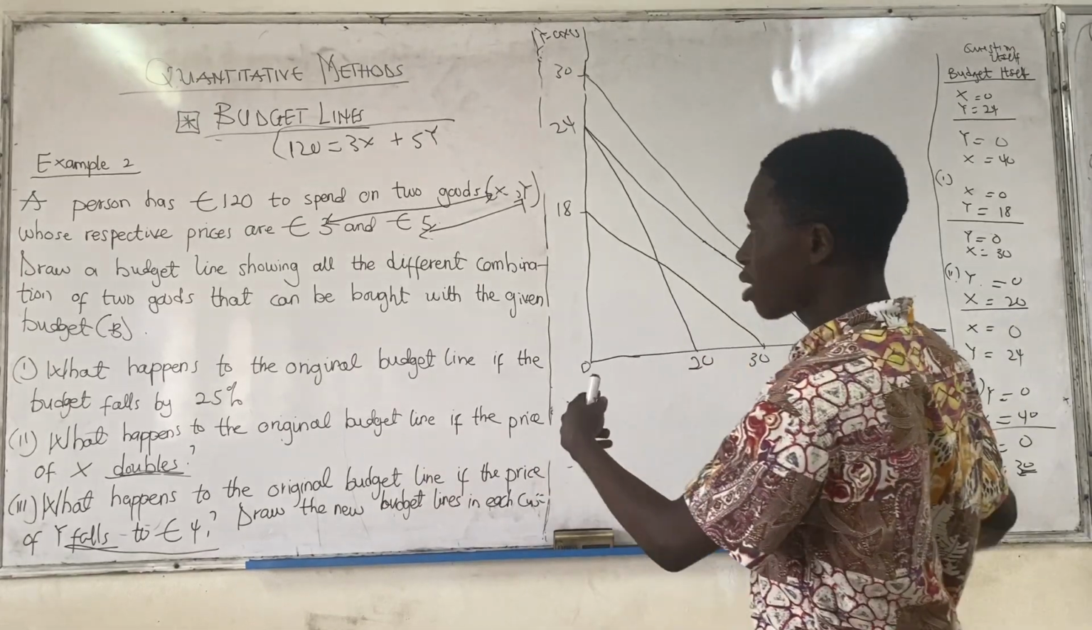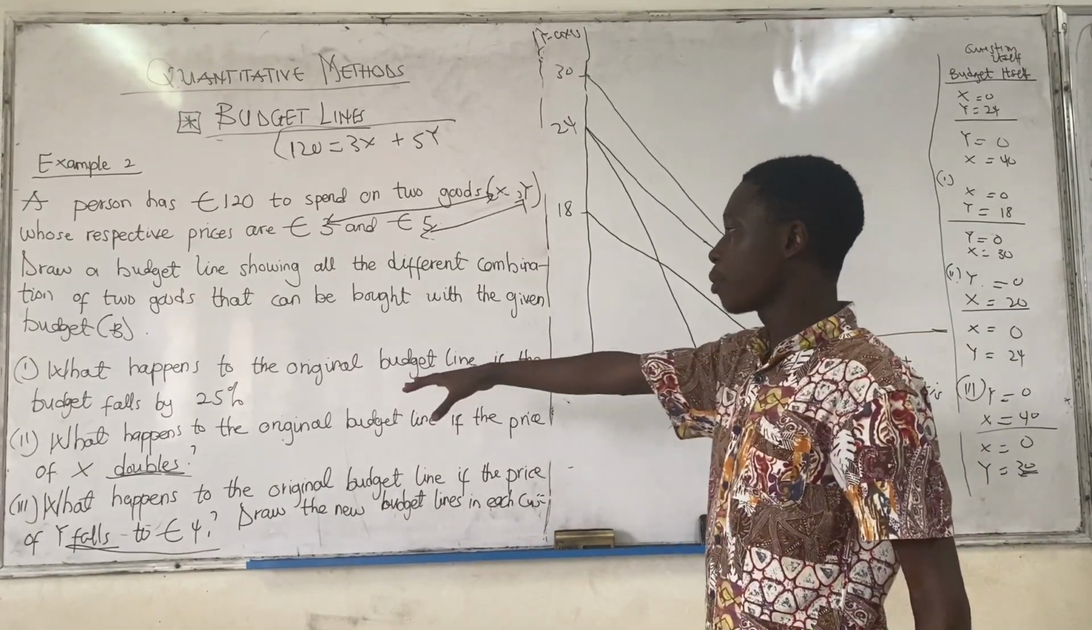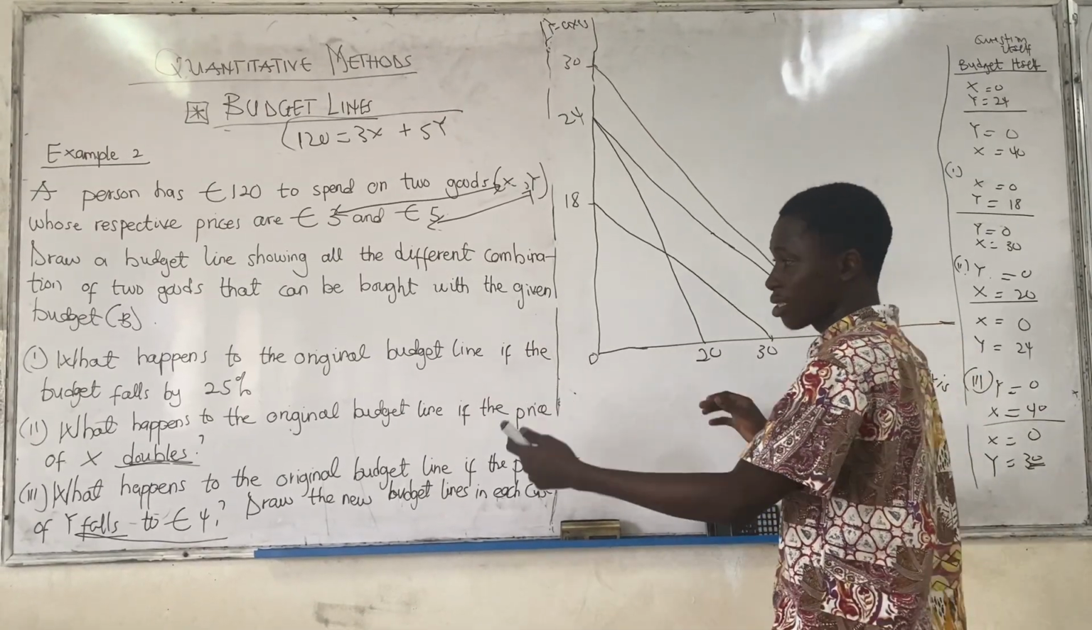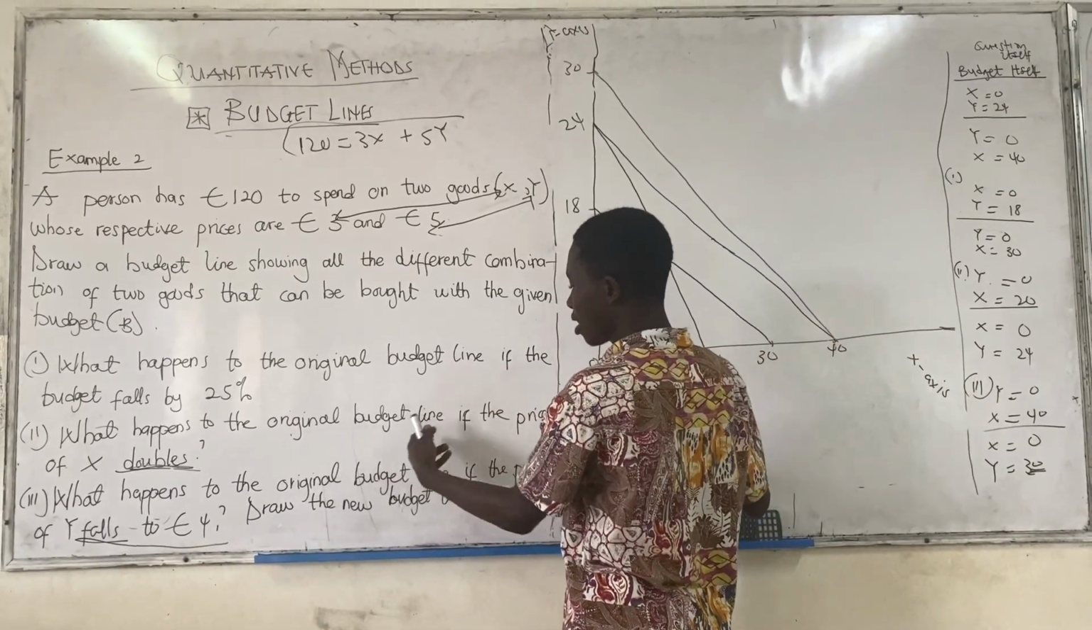This is all they are trying to ask you about. What happens to the original budget line if the budget falls by 25%? We've already solved for that. With the what happens to the original budget line if the